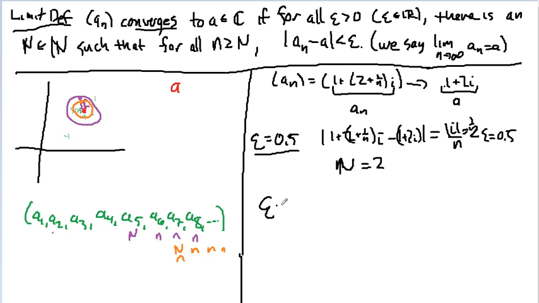And we can play this game again. If you want epsilon to be equal to 0.1, I need 1 over n less than 0.1. So pick n equal, how about, I don't know, 11. This should actually be 3 because I need to be